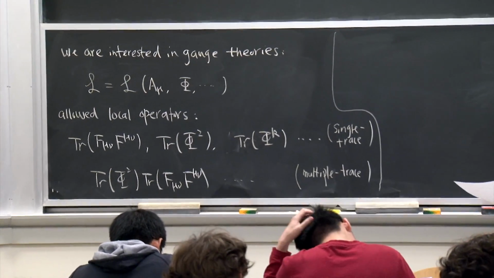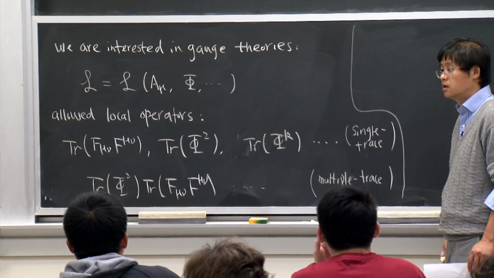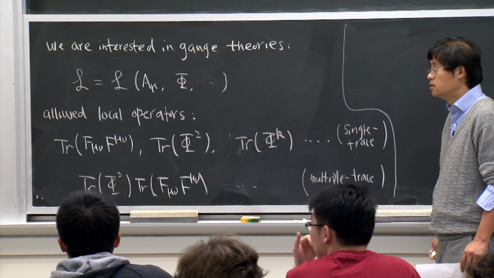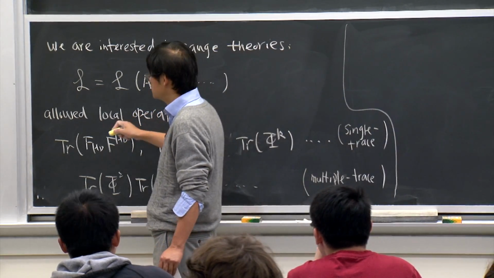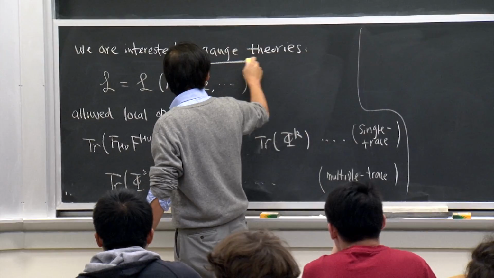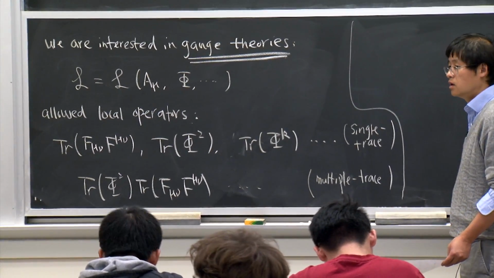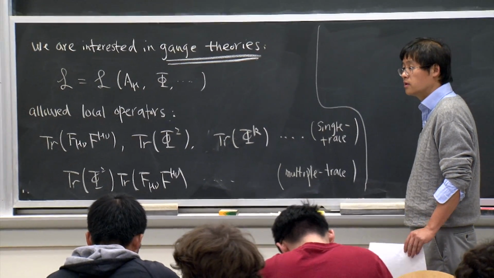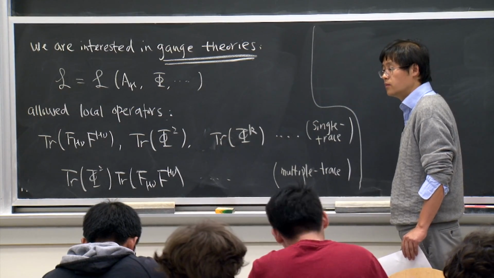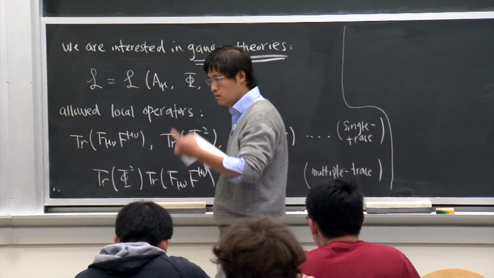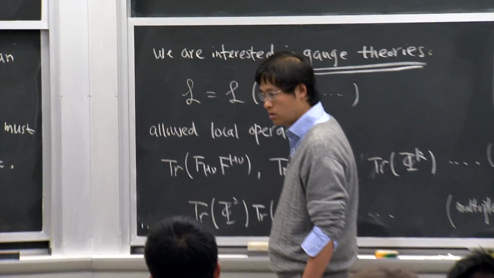Okay? So let me. I have a question. Is this the only possible case to have a local, gauge invariant operator, that f nu times f nu? Yeah. I always consider local gauge invariant operators. We consider gauge theories. So this combination f nu times f nu, this is gauge invariant. It's the only gauge invariant component we can use to construct the gauge invariant local operators.